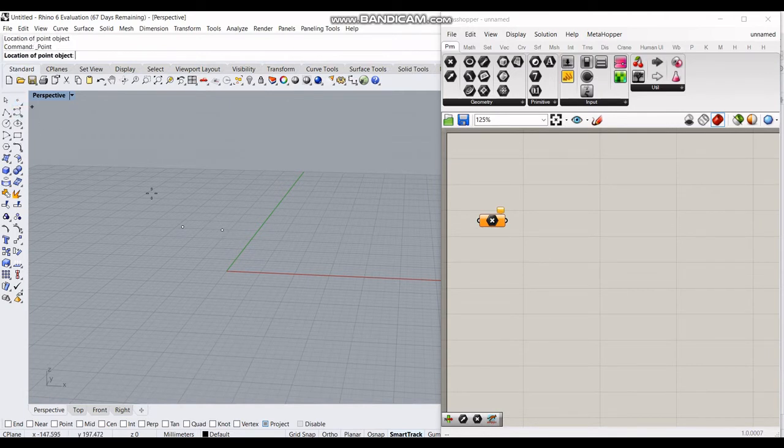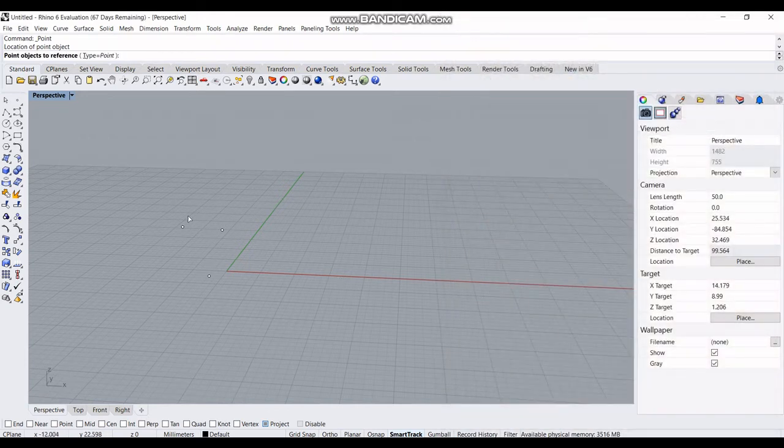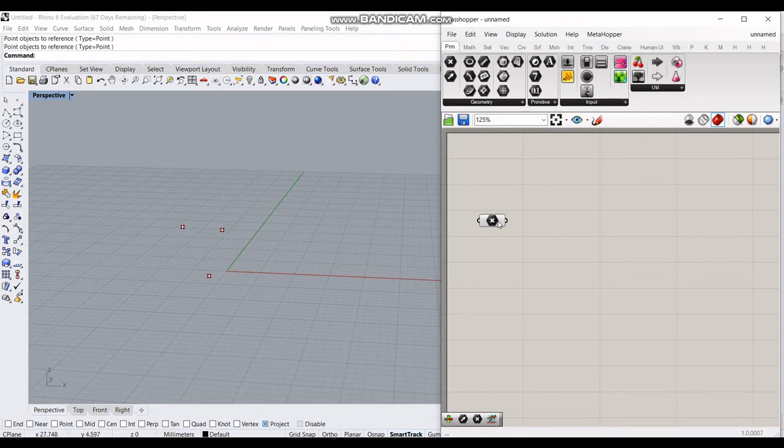Let us create some points in the Rhino environment like this, and by setting multiple points and pressing enter, you will have these 3 points assigned to the point component. Similarly, we can repeat the same thing for lines, vectors, circles, and many other basic components.